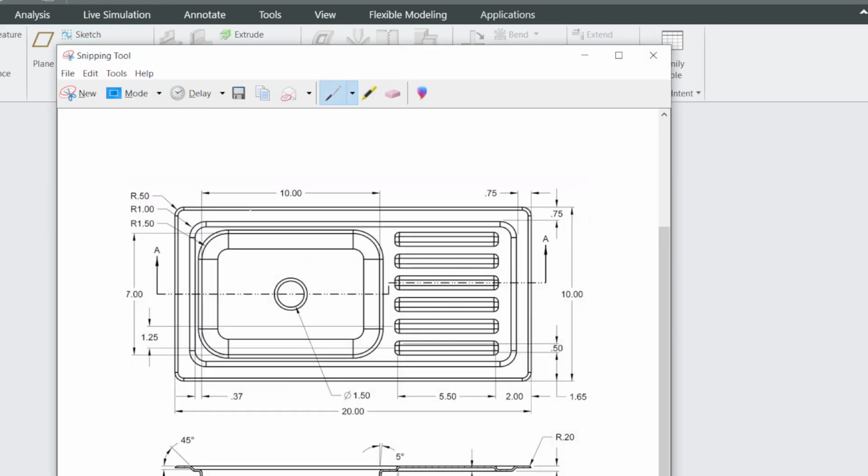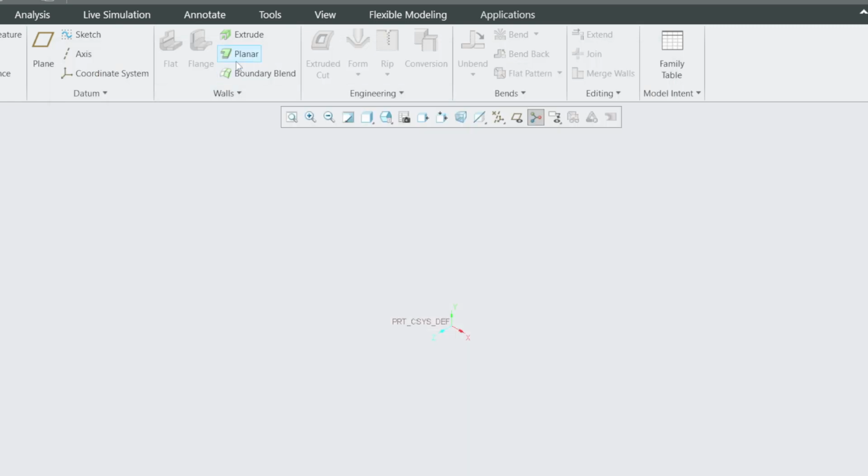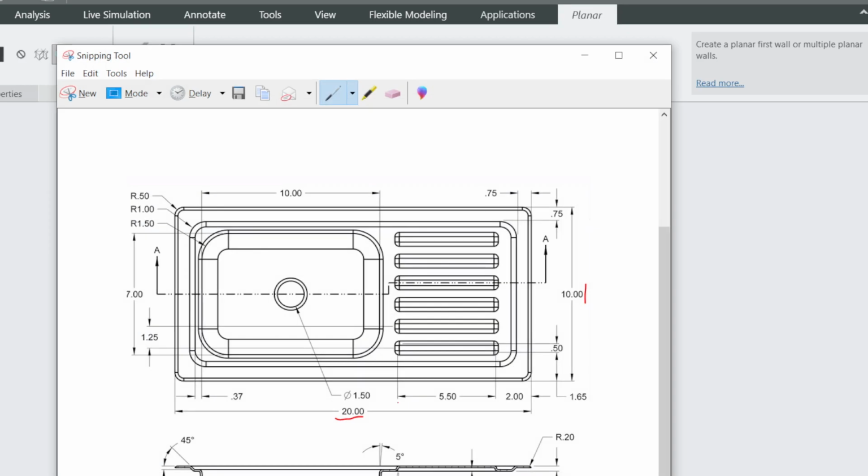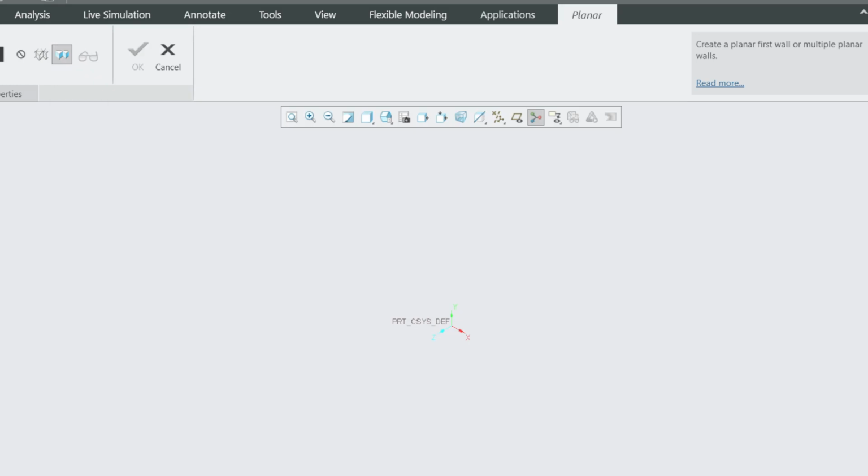We need to start with the base, that is 20 by 10. We first of all make this base here. Therefore, you go and select planar. You need a planar surface, a planar for the sheet metal. And the thickness is not defined. Yeah, defined here, 0.2. Therefore, this one is 0.2,